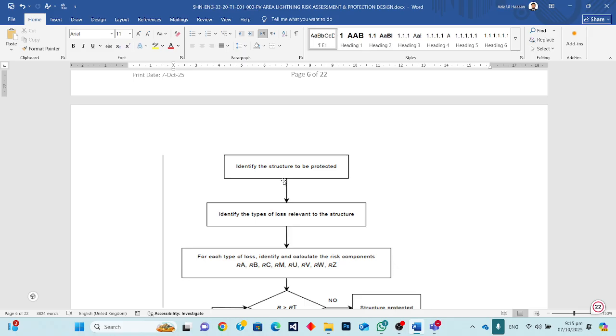There are four types of damage or loss, like if the lightning strikes directly on the structure or near the structure. The first is directly on the structure. Second is near the structure. Third one is the strike flashes to the transmission line or near it. Fourth one is near the